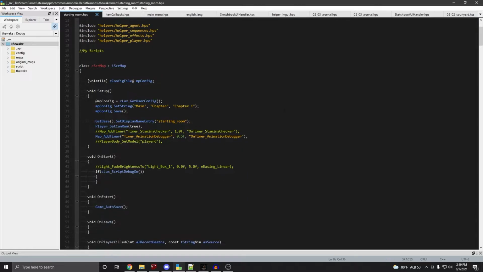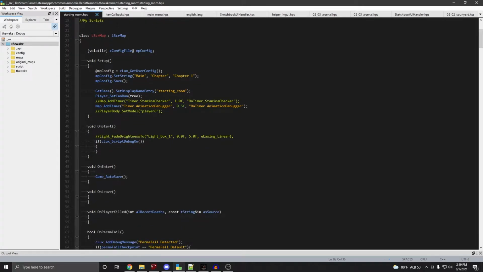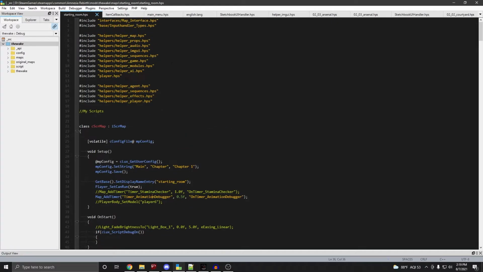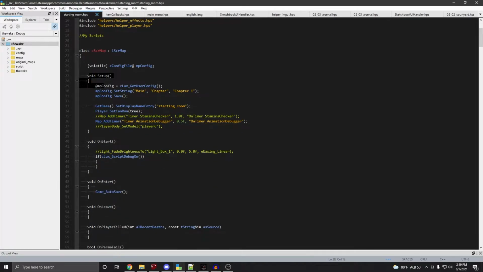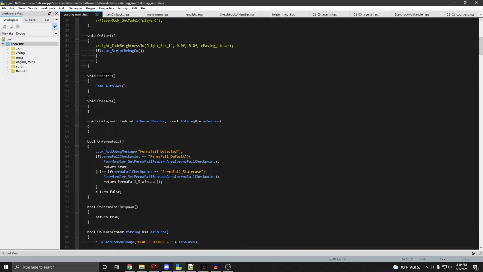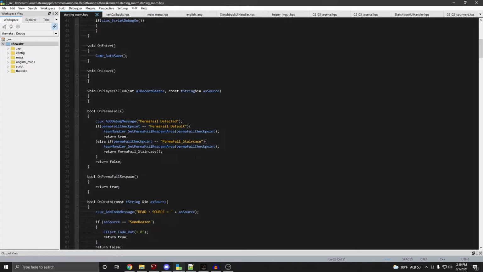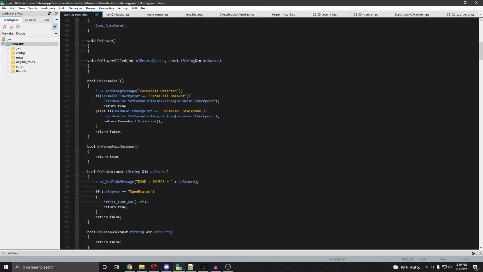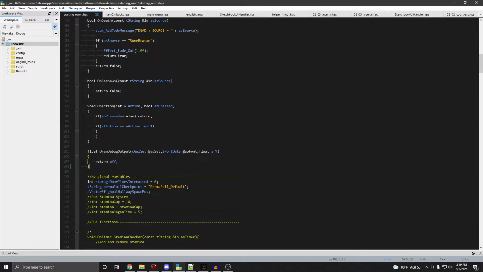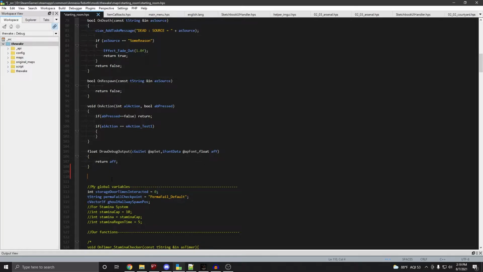So first thing we want to do, if we look here in our main, we have our starting room script here for our starting room map here, and if we look in our script file here, we have these methods, these functions that run when the game starts, when the game sets up, when you enter the level, and these things just run on their own essentially by the game engine. But there is one we don't have here. We have other ones like on leave, on player killed, on permafail, on respawn, all of this stuff. But there is one we don't have here, and you'll need this to actually show anything on screen, and that is the onGui function. So we're gonna write void